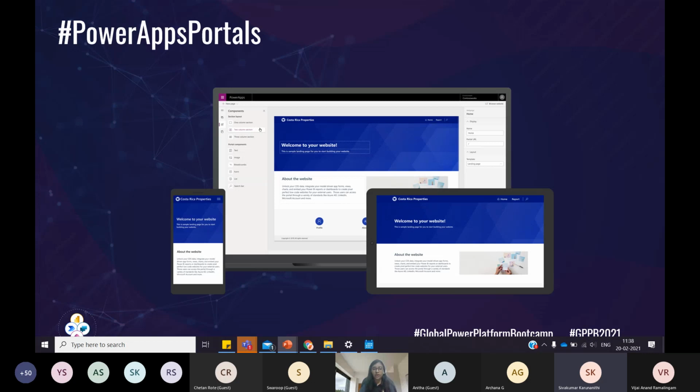Now let's see what a Power Apps Portals application is. It's an external website which is available to us, and we have a URL for it. It can be accessed by anyone around the globe unless we have applied any restrictions on the IP address. If you look at the picture on the screen, it shows that a single Power Apps Portal app can be opened across different devices, and this in turn is also responsive.